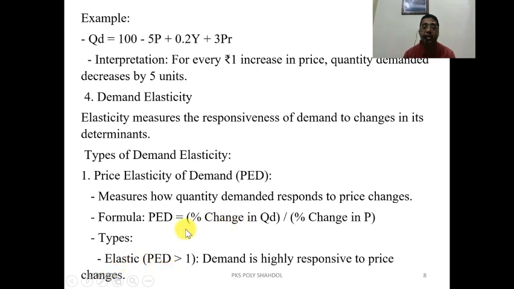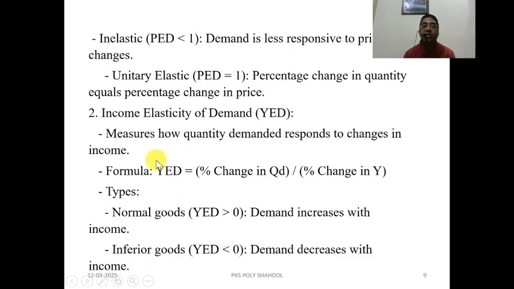For example, if this factor is greater than 1, that means PED is greater than 1, demand is highly responsive. If it is less than 1, then we say the demand is less responsive to price, and if it is equal to 1, then the percentage change in quantity equals the percentage